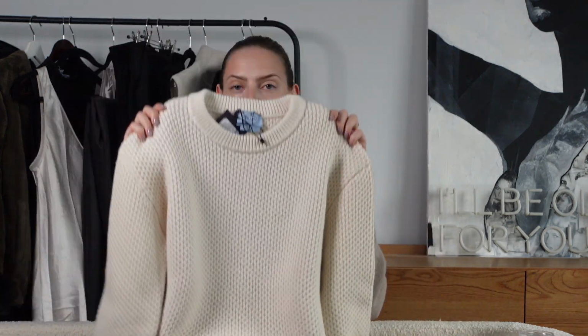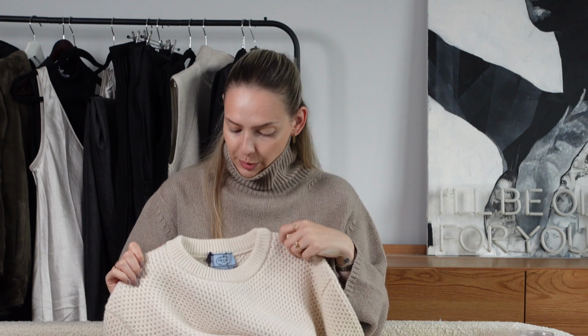The next piece is one of those gems that I picked up, and I am still in awe that I was able to get my hands on this and that I even came across this. But I was shopping at the Toronto Premium Outlets just the other week, and we went into this store looking mostly at their bags, shoes, accessories, as one usually does in a luxury designer store. And I just happened to stumble across their clothing, which usually isn't where I typically go first, and found this beautiful gem. It is a wool cashmere blended crew neck sweater, and this is quite large, but I did